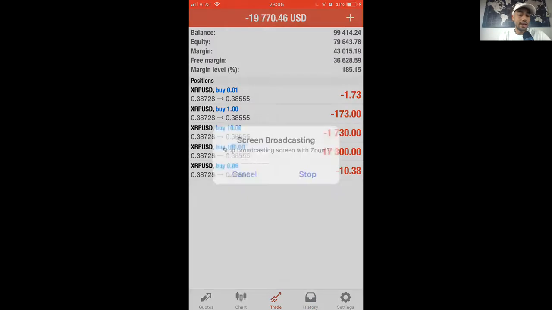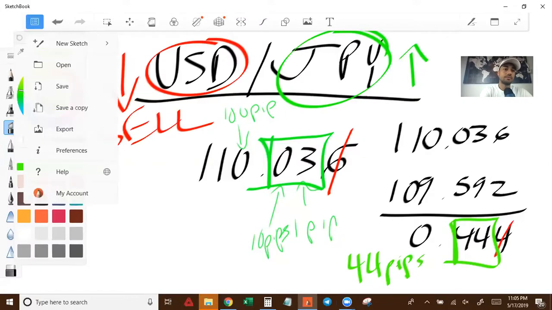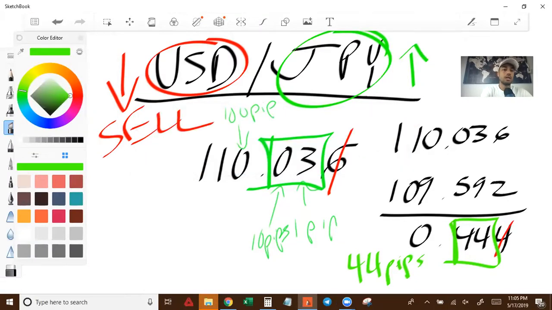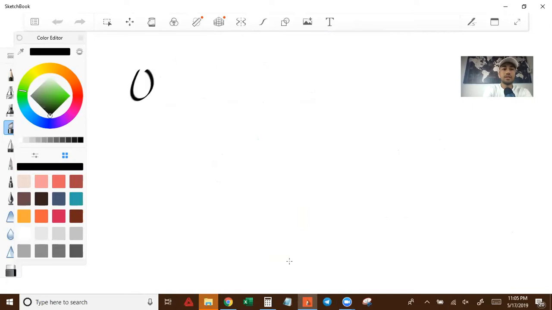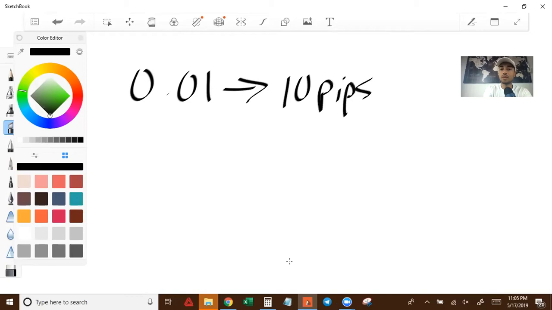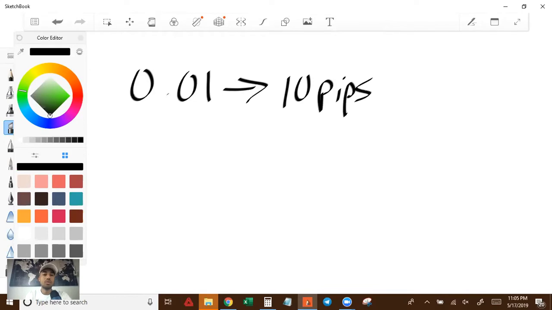Now let's go ahead and talk about the specific lot sizes, and from there, talk about risk management, okay? So remember, there's the 0.01, right? And when you talk about the 0.01, when this moves 10 pips, and we talked about what pips are, you'll see that pips move pretty quickly, okay? When that moves 10 pips, it's moving